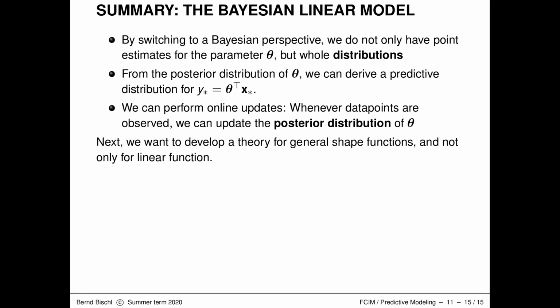So summary, what have we learned? By switching to a Bayesian perspective, we do not only have point estimates for the parameter vector theta, but we have whole distributions. That's nice. From the posterior distribution of theta, we can now derive predictive distributions at arbitrary test points. And we can also do online updates. Whenever data points are observed, we can update the posterior distribution of theta. So we take our current posterior, turn this into a new prior, do again an update, and so on and so on. That allows us to do very simple online stream learning on data streams,